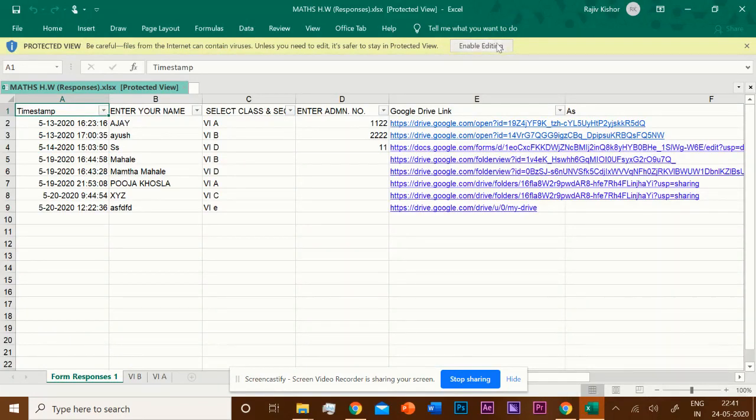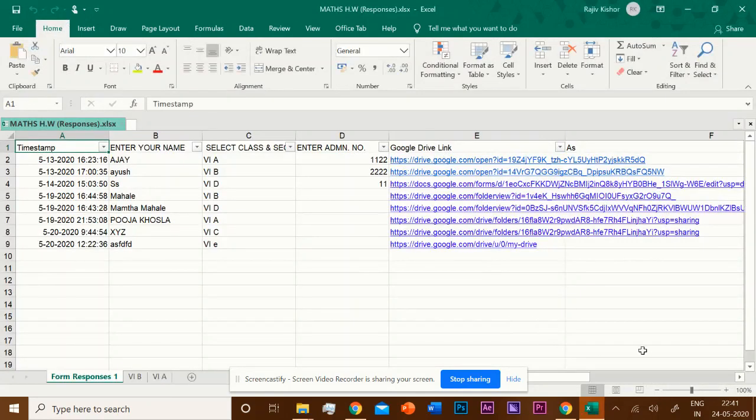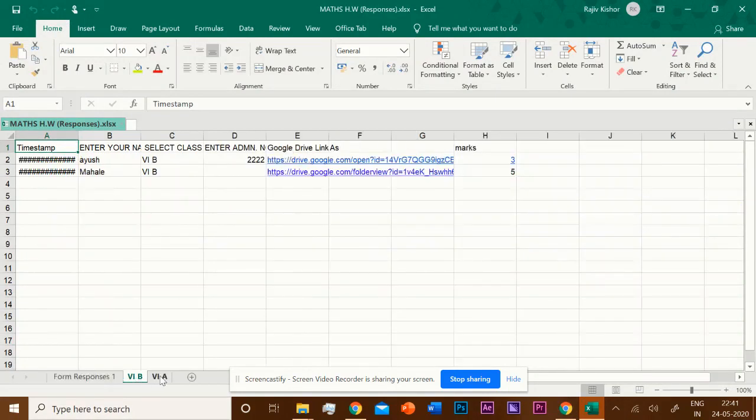Click on it. Actually this is a protected view. Click on Enable Editing so that we can make some changes. Now you can see it is the same file, responses one, and this is the class wise list.